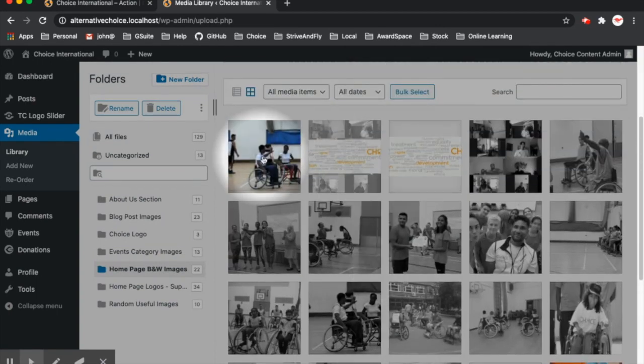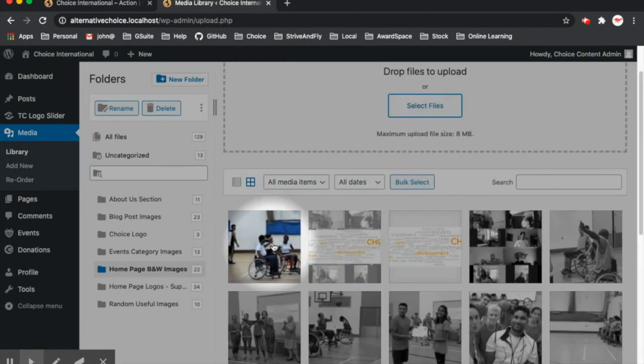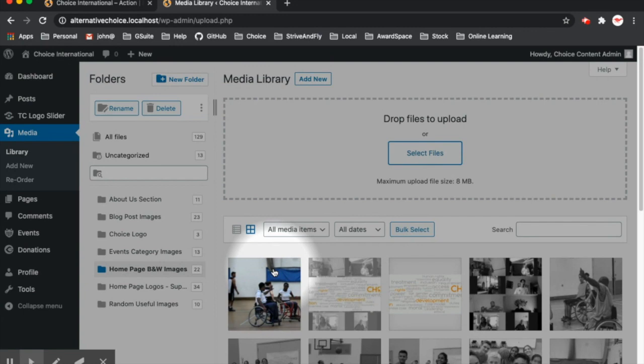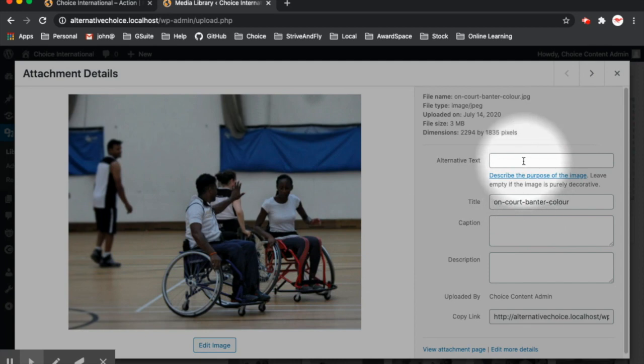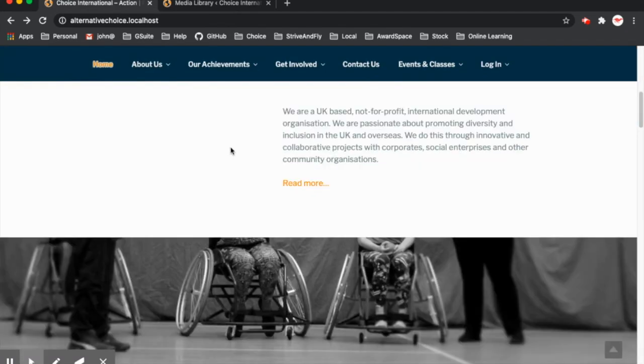Now, we don't really want this one in here in real life because they're all black and white, but let's pretend we did. The last thing you need to do whenever you upload an image, and this is quite important, is click on the image, and it will let you edit the contents here, the metadata for the image. This is important because anyone who's partially sighted uses something called a screen reader to read the website. They can't see it, so they get the computer to read it out to them. So their screen reader might say something like,